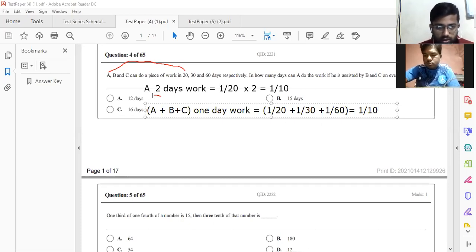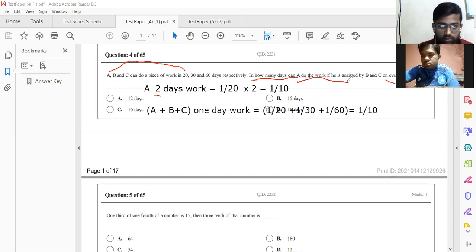So see here, A is working 2 days, and A plus B plus C are working 1 day. So if you add this, you will get the work of 3 days. Because see, in the given condition, in how many days A can do the work if he is assisted by B plus C on every third